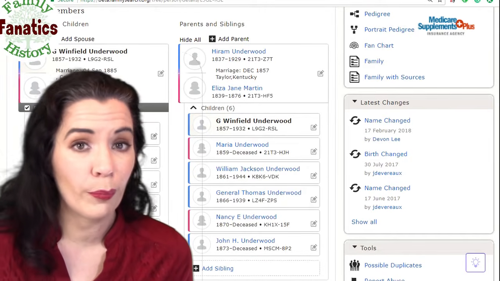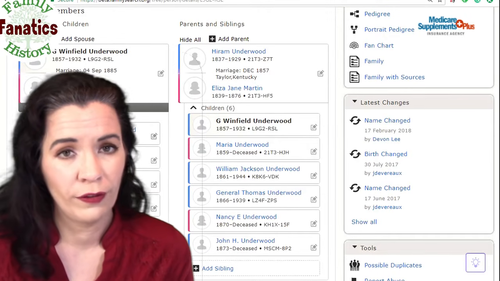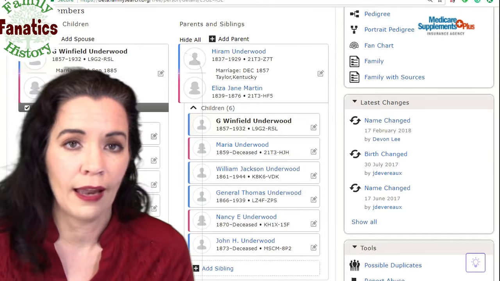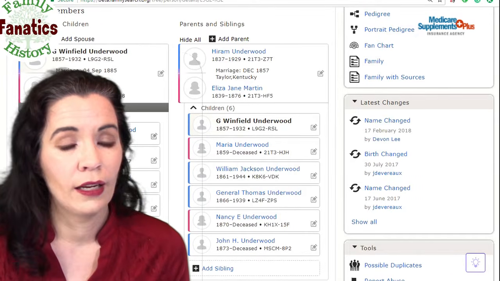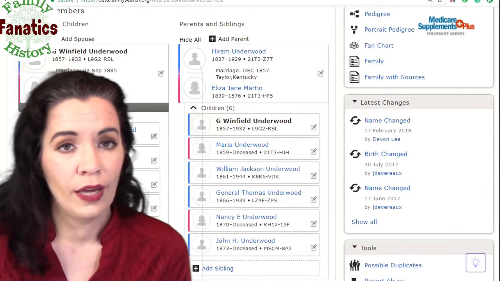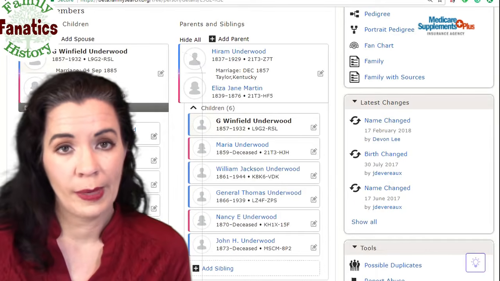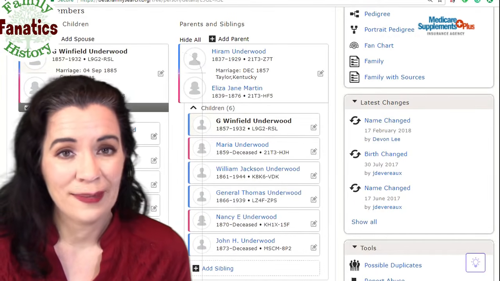Well, we need birth records for Winfield, a marriage record for Winfield that identifies his parents, and then a death record for Winfield that again identifies his parents. So far, all we see is that someone thinks that Hiram and Eliza Jane Martin are his parents. So that's a clue, but hasn't made the case.